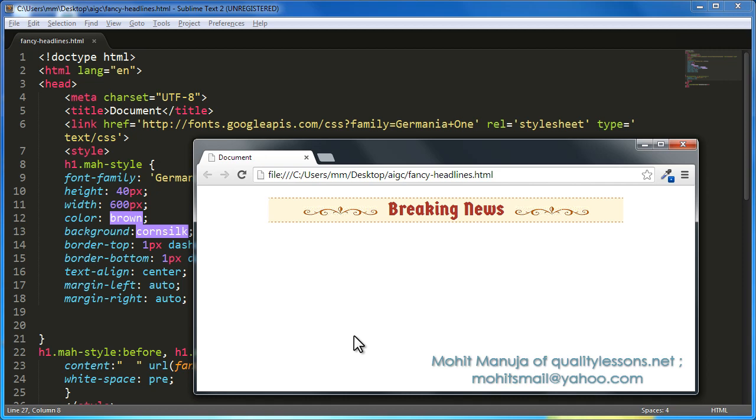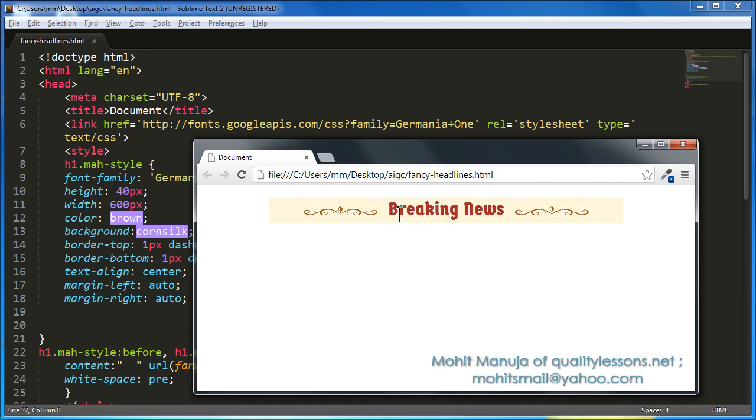You can just Google up Google Fonts and you'll arrive at a URL, and it's self-explanatory. You'll quite easily understand. In fact, I'll give you some idea so you can actually use it too. But if you don't want to use a Google font but any web safe font, you can do that too. That's absolutely alright. My main purpose is to show you how to use fancy headlines like the one that I've